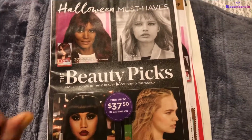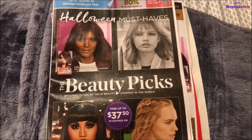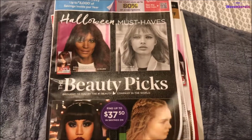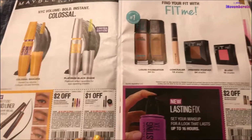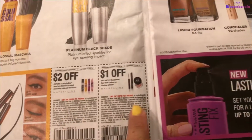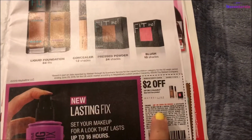I'm gonna show you the new Sunday insert. I just get mine Thursday, so this is the new Sunday insert coupons. And look what I found in here, guys. This is so heaven. Like, look at this. $2, $1. I love all this brand. $2 for Maybelline